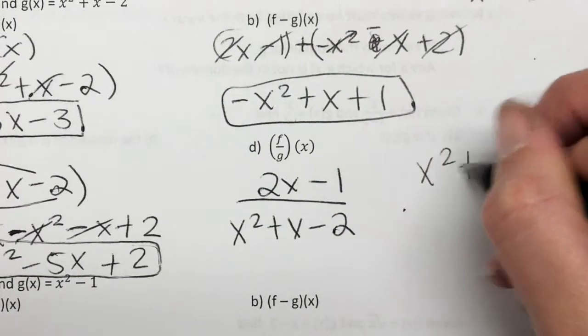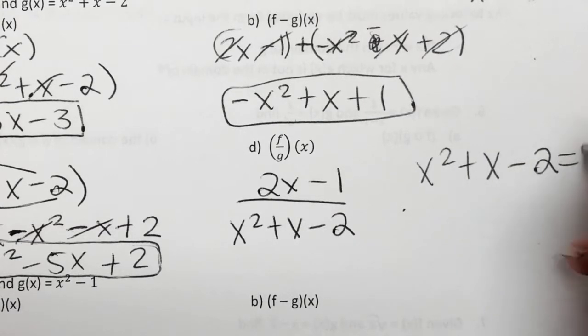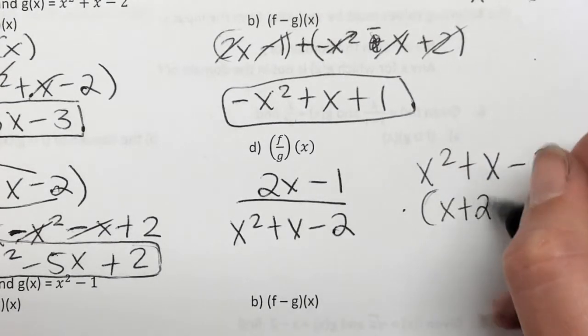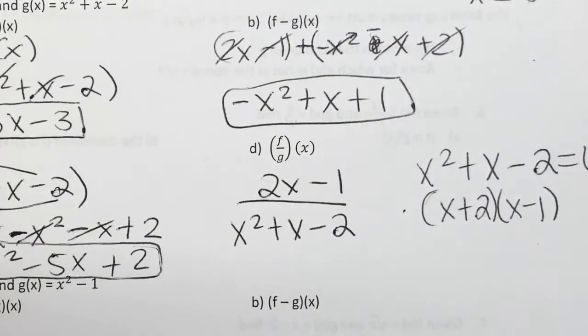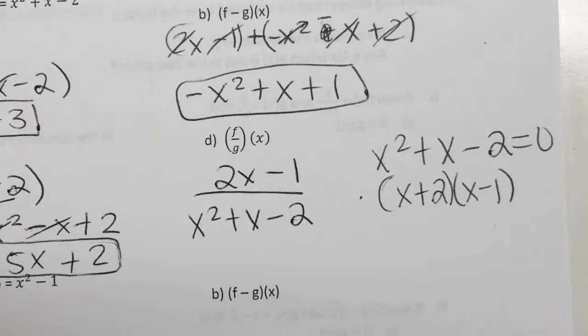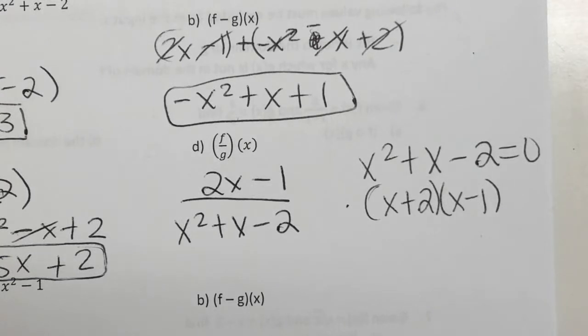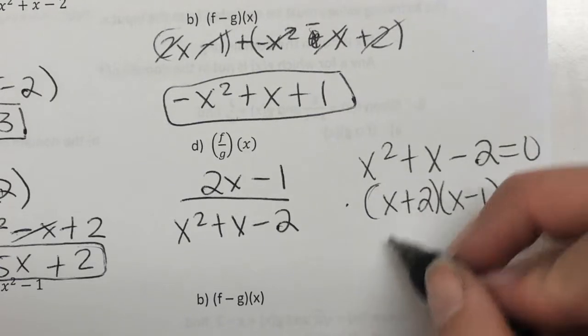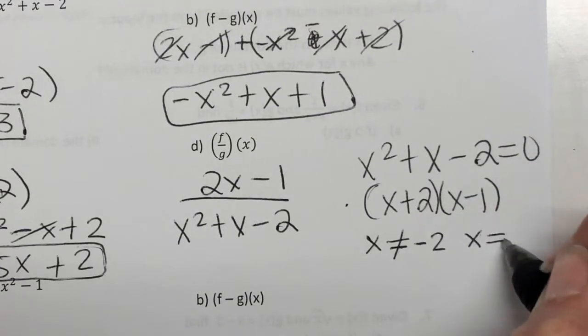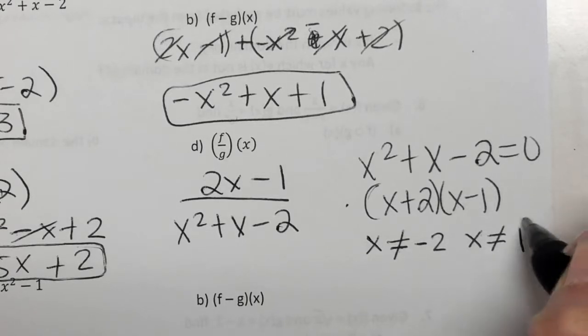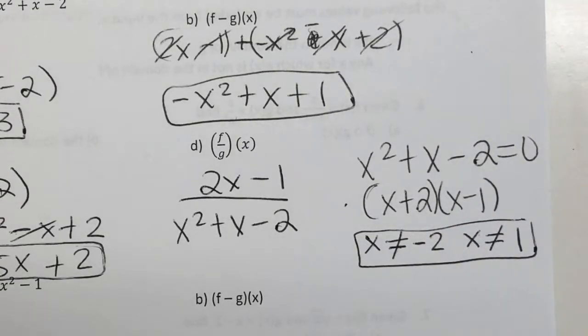Factor it. Good. So tell me what it would factor into. x plus 2, x minus 1. And how'd you get that? Just look at it. You had to find two numbers that multiply to get what? Negative 2. And add to get? Positive x. Yes. So x could not be what here? Negative 2 and positive 1. Good. So when you do dividing functions, make sure that you check when it would be undefined